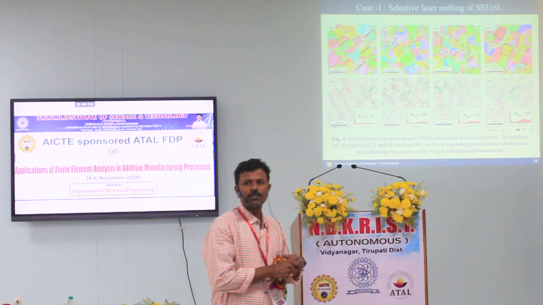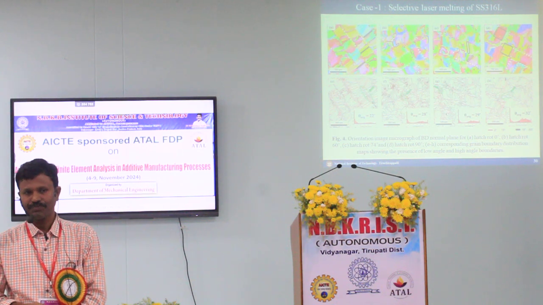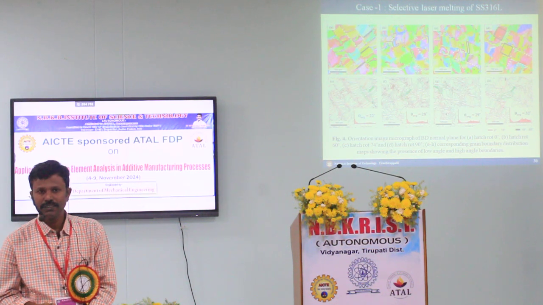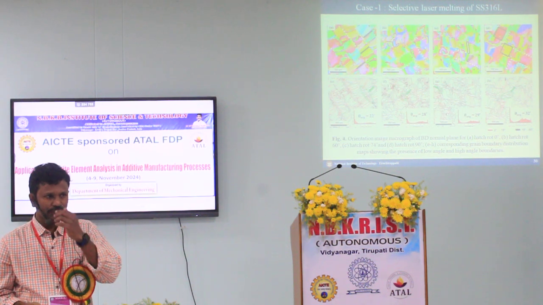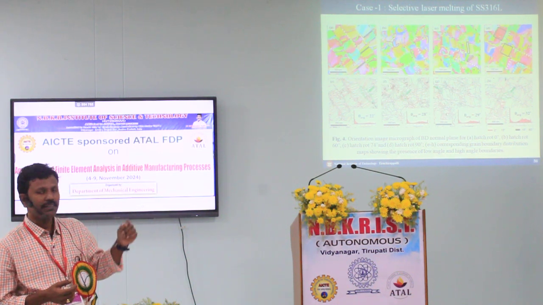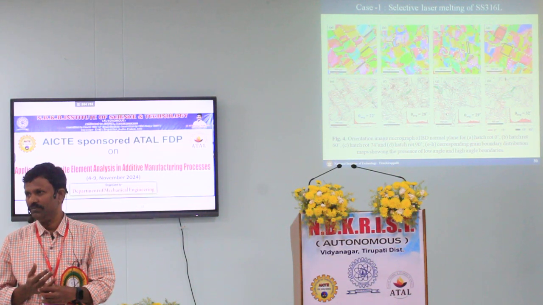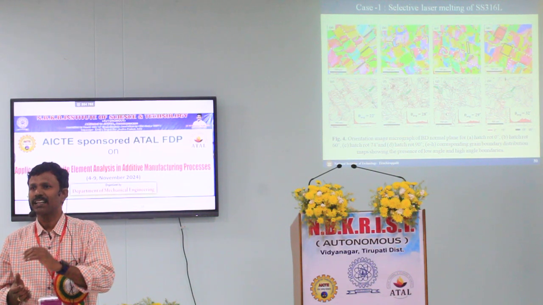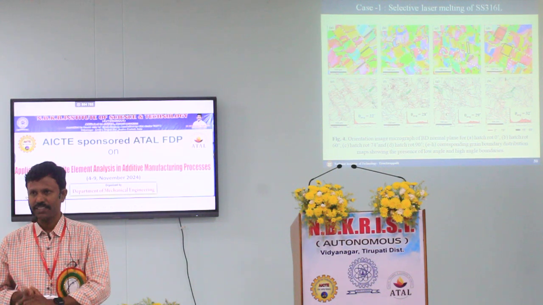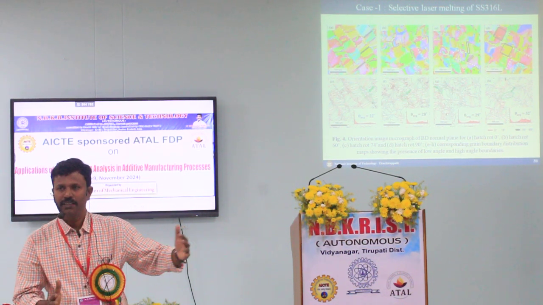The bottom images also appear to be like the top one, as if it is reduced from it. The bottom one is the grain boundary map. That means the lines are grain boundaries. But in terms of colors, each color indicates misorientation. That means this is the boundary. This side